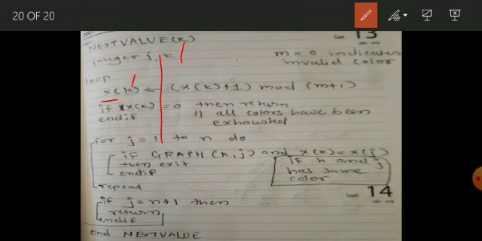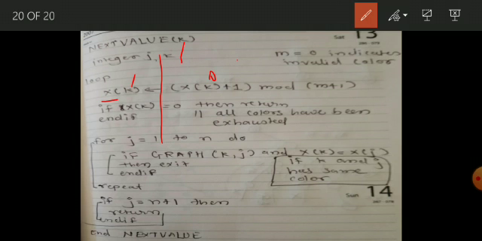So x of k, now if you remember, in case of state space tree the root vertex was 0th vertex. As we have just started assigning the color, x of k initially has value 0, because the first vertex does not have any valid color, so we assume that initially it has a value 0.